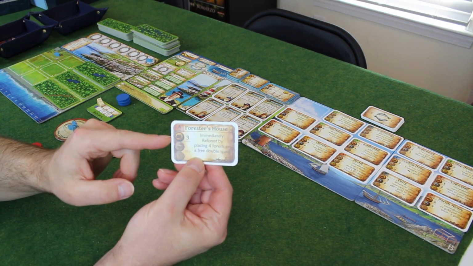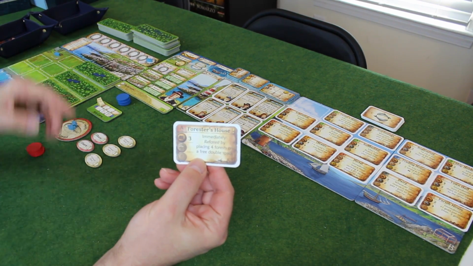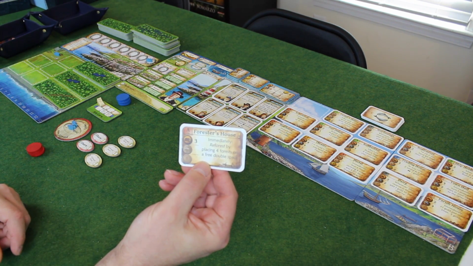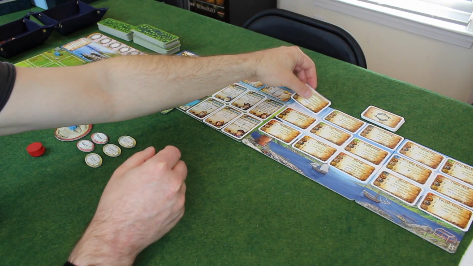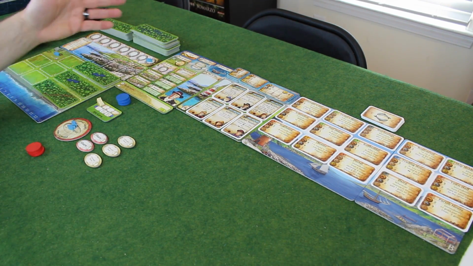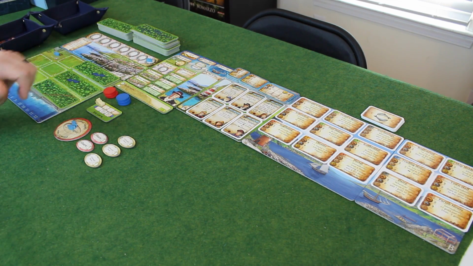So if I wanted to get this forester's house, I would pay 3 wood. This would come into my player board and immediately reforest by placing 4 forests on a free double space. It's also worth 1 point at the end of the game. Some of these actually are worth negative points, the early buildings. So that's building. You actually have 2 build-a-building spots, so you are not completely blocked out each round if you